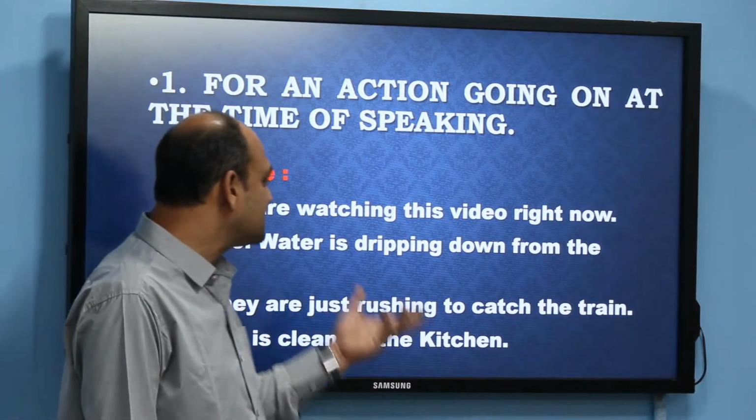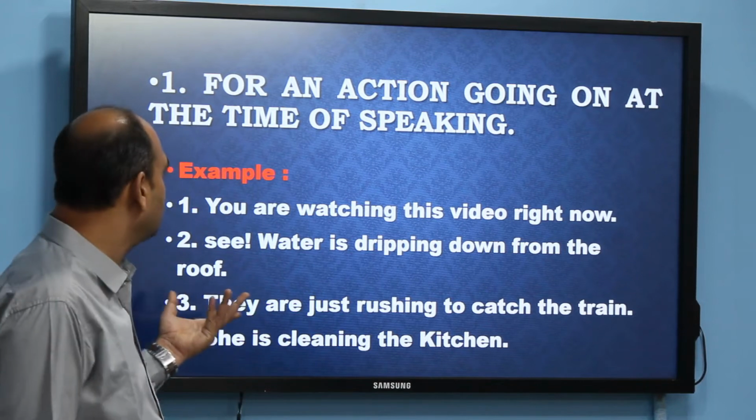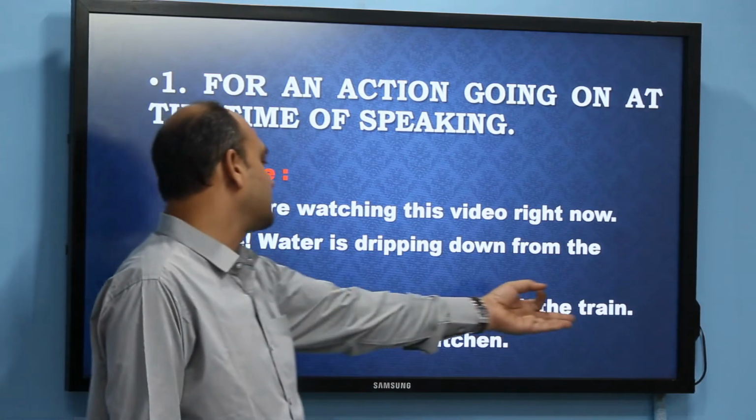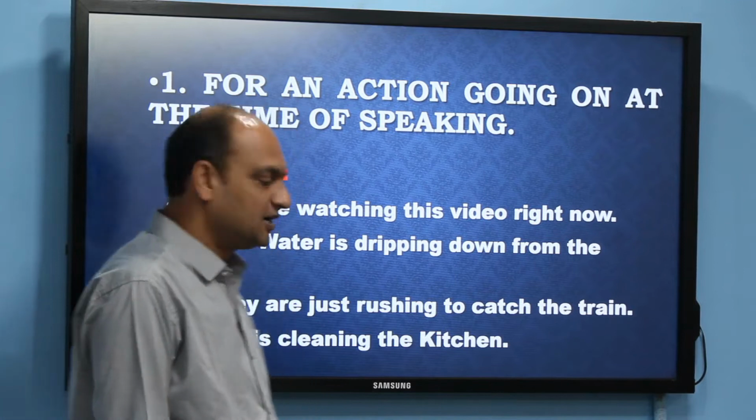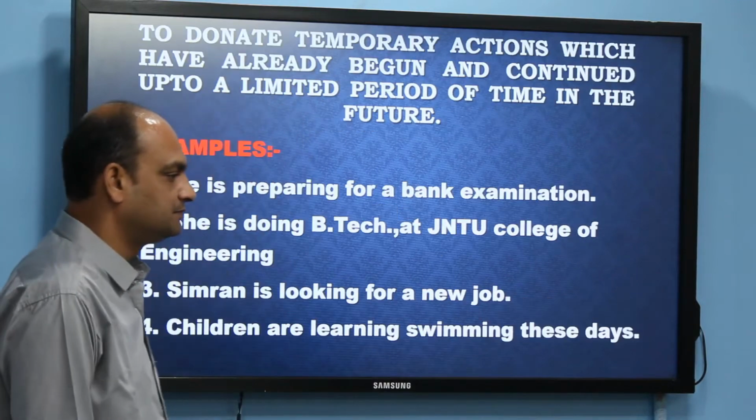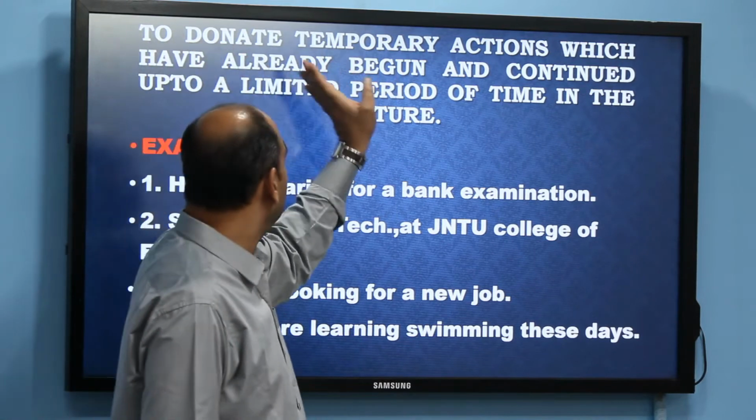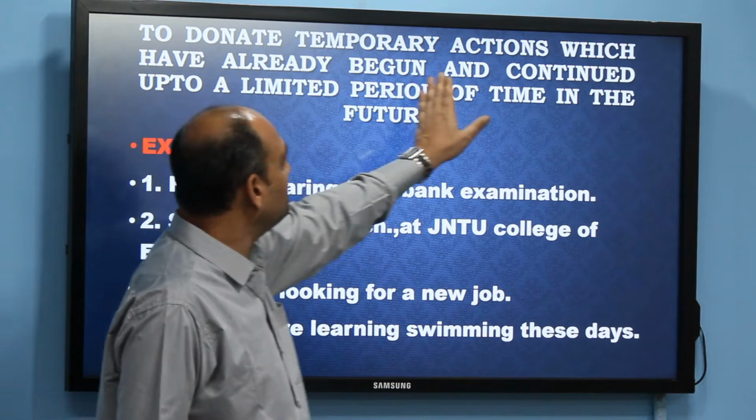See, water is dripping down from the roof. The things that are happening now: they are just rushing to catch the train, and she is cleaning the kitchen. The next one, to denote